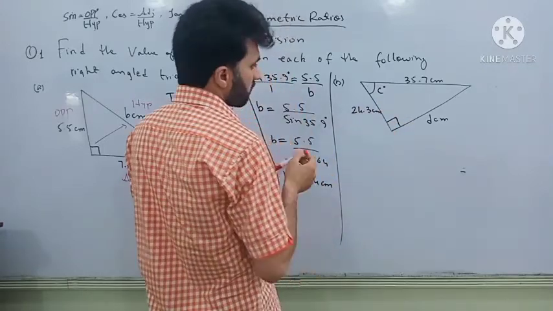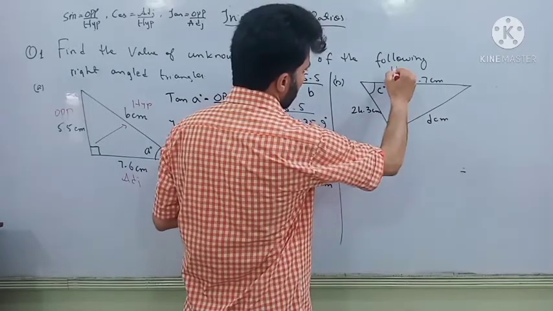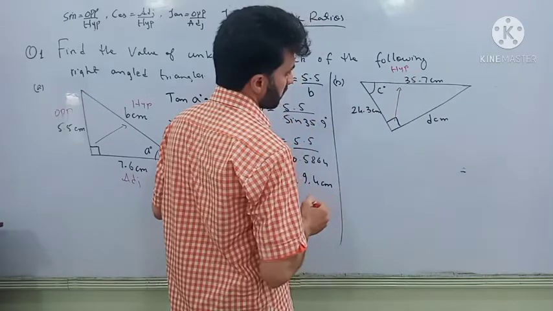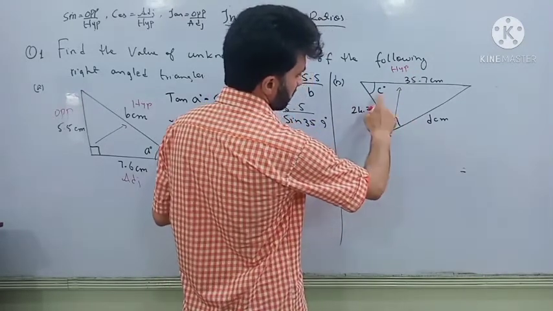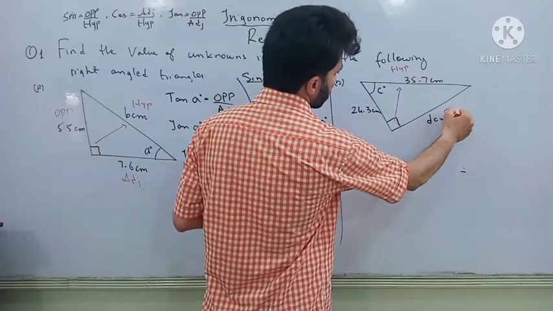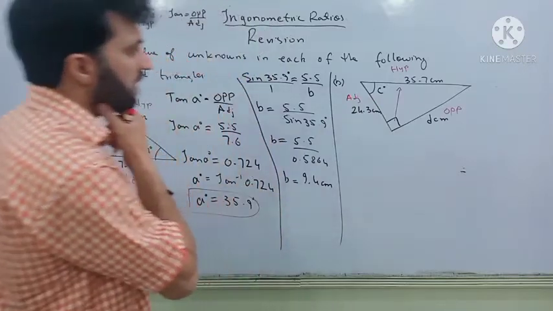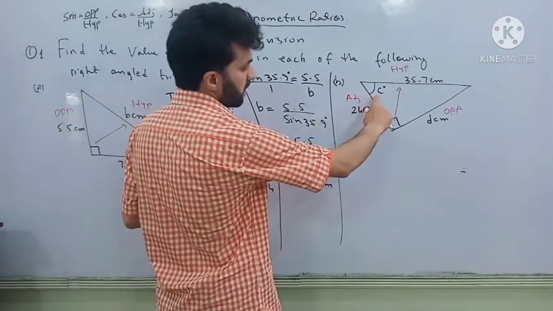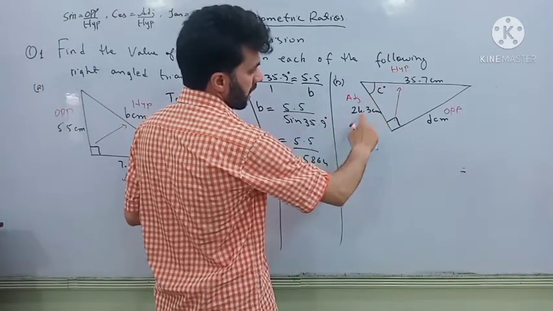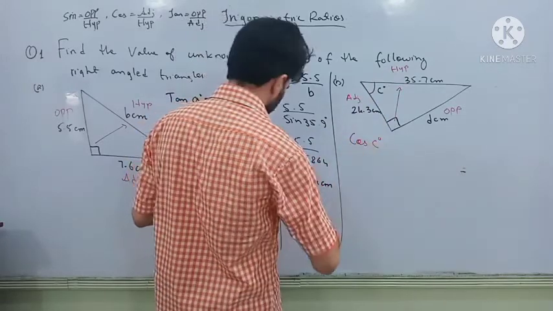Which things have we been given? In front of 90 we have the hypotenuse, right? And this is opposite because it is directly opposite to the acute angle. This is opposite. This is adjacent. So for finding out C, we have hypotenuse, we have adjacent, right? So we can apply cos C